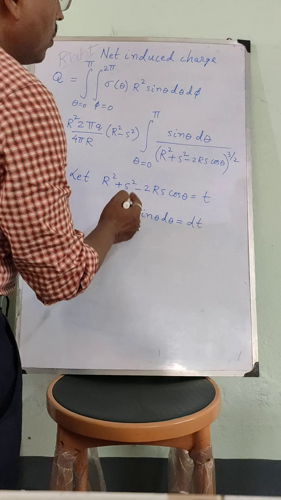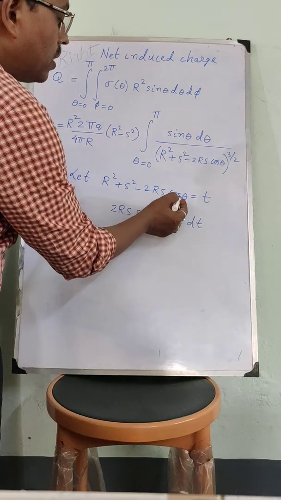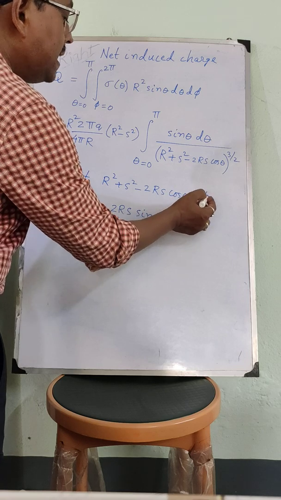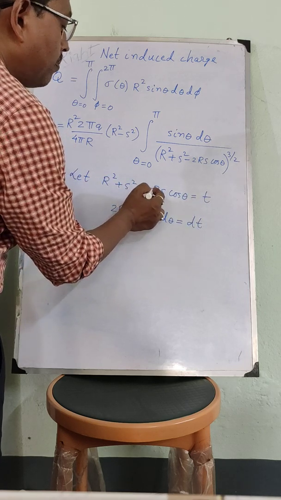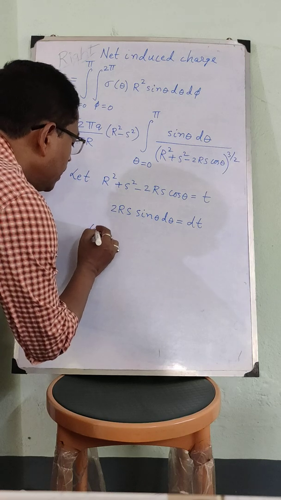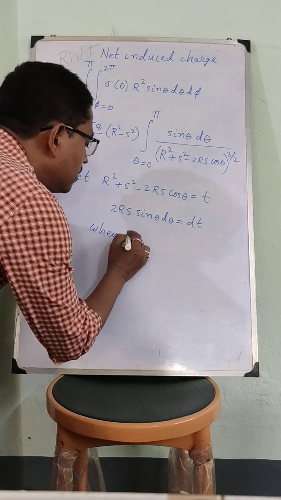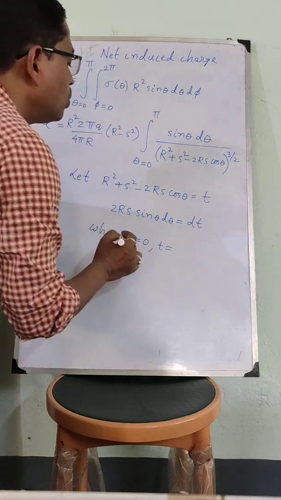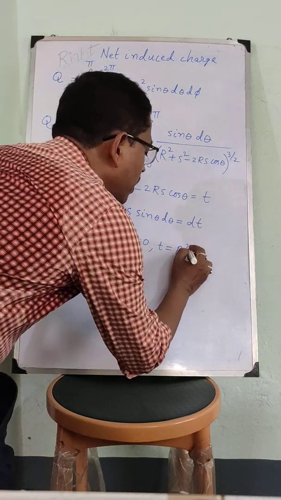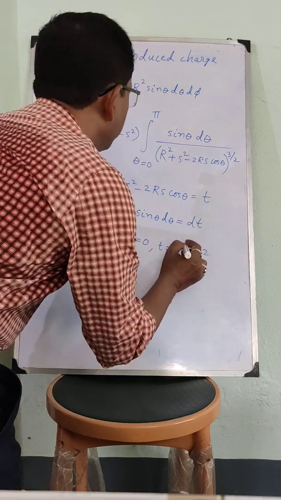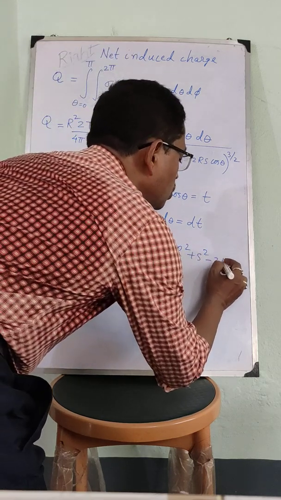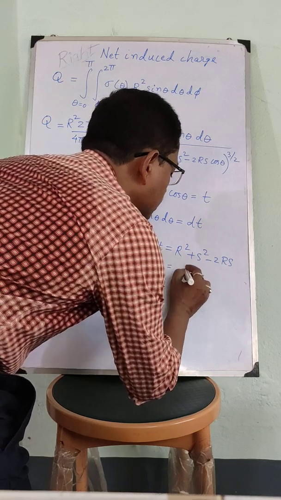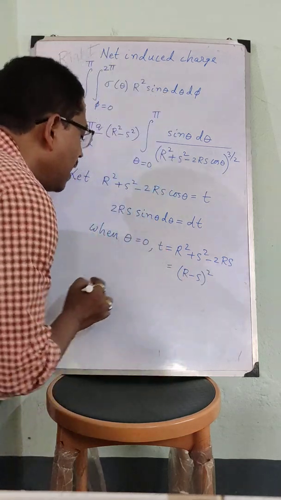Also when theta is equal to 0, cos 0 is 1, so I will have t equal to R² plus s² minus 2Rs. So when theta equals 0, t is equal to R² plus s² minus 2Rs, which is equal to (R minus s) whole squared. And when